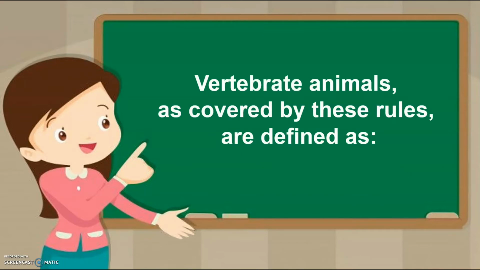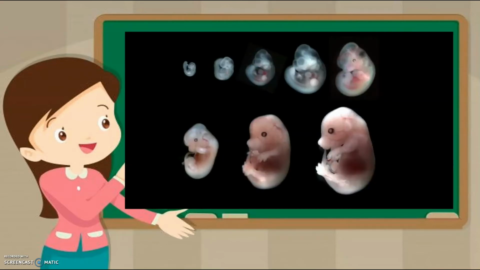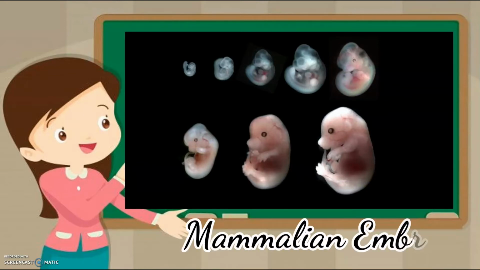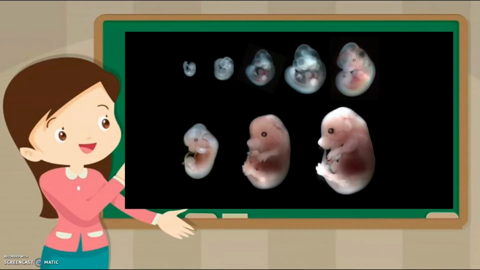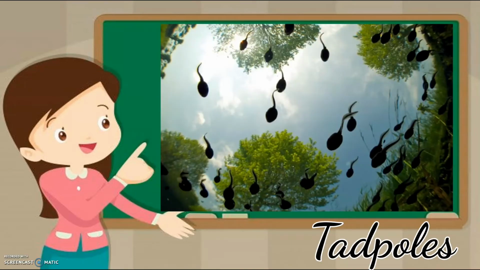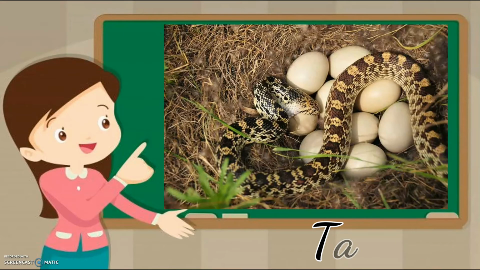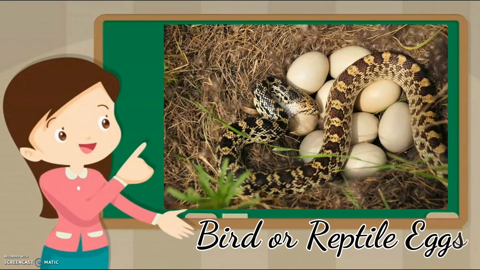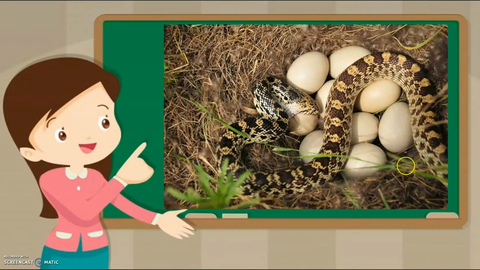Vertebrate animals are covered by these rules and defined as live non-human vertebrate mammalian embryos or fetuses. So these are also examples of vertebrate animals. What else? The tadpoles, they are also considered vertebrate animals. Or bird and reptile eggs starting 3 days or 72 hours prior to hatching. All other non-human vertebrate animals including fish